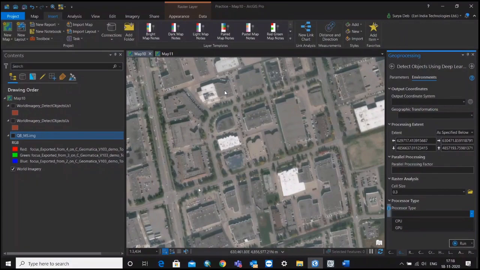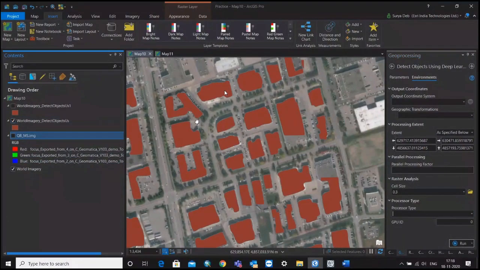Okay, so after selecting the CPU or GPU, you just run it. Both options you have. According to this training material, they suggested you always run with the GPU to make your work faster. So you just run it and then see the result. This model will take quite some time to run. For my case, it will run almost 15 to 20 minutes in my system, and I will get the results of this. See, so this is the direct result.